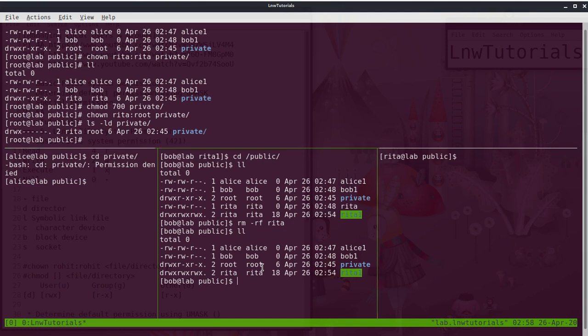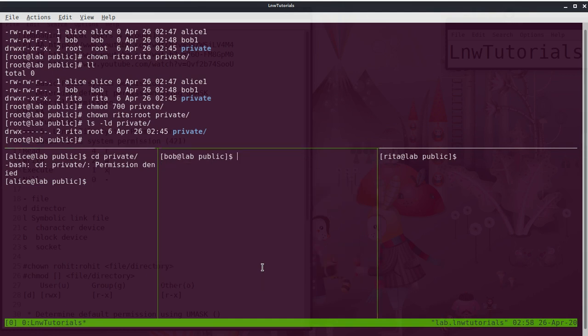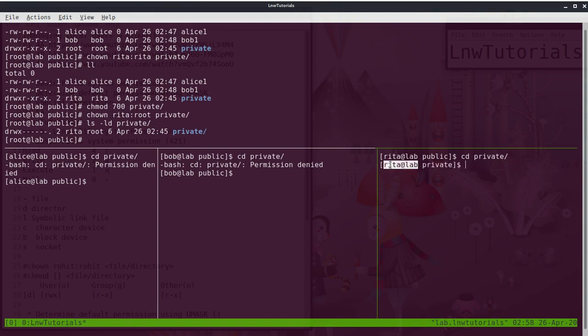Going to Bob, clearing the screen, going to cd private. Again he gets the message permission denied. Let me check the same with Rita. Moving ahead to private. This time Rita has permission to get inside, and he is able to create the file as well. Let me check.